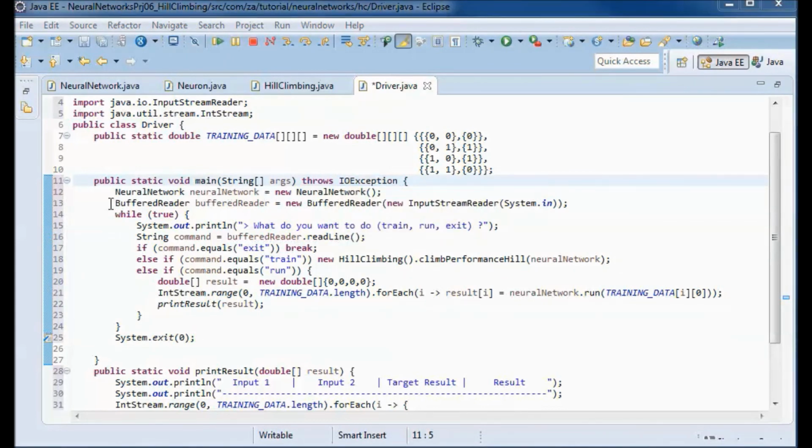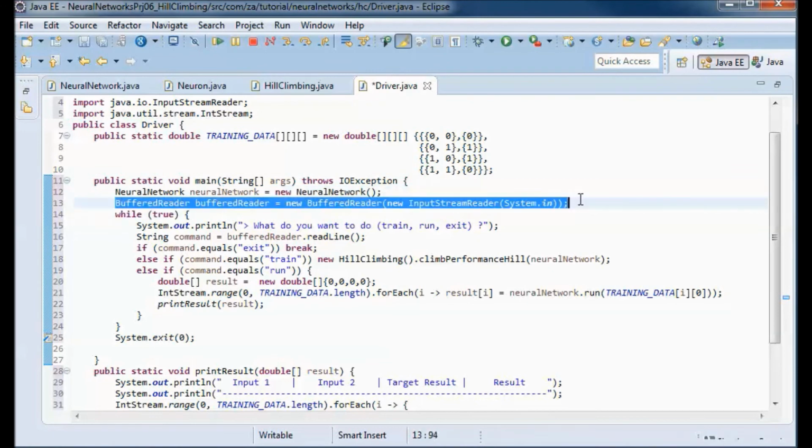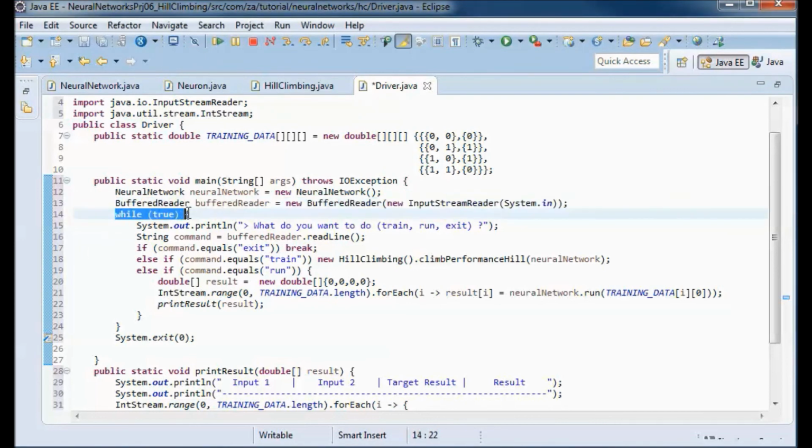So I will be picking up what the user enters in the command line, and I will have an always true while loop.